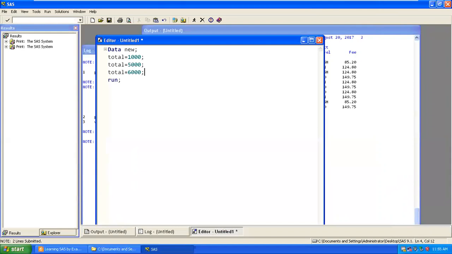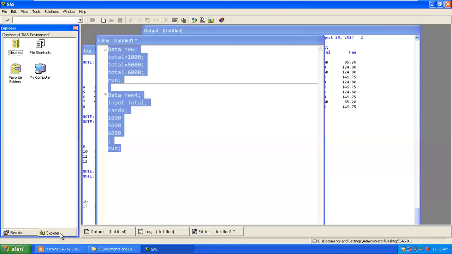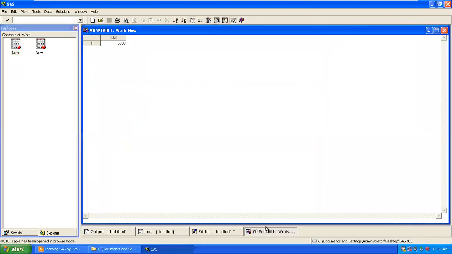So if I want to keep all these values in a total column, we have to use it like this. So you're getting 6000, correct?